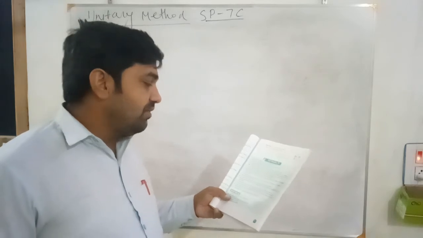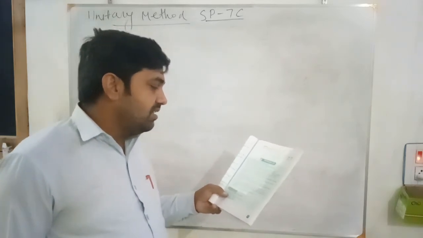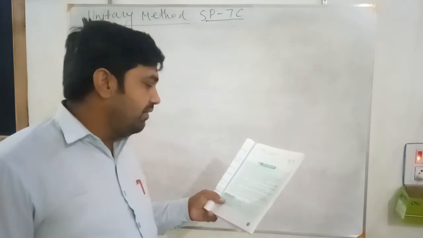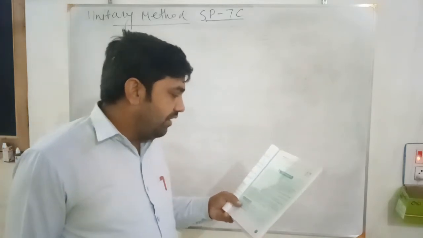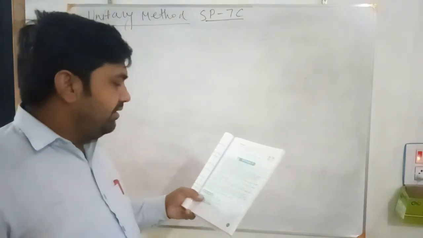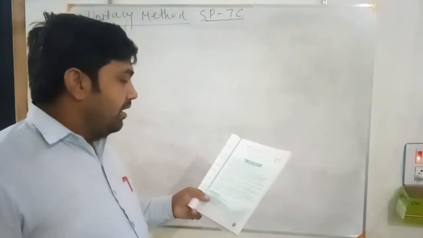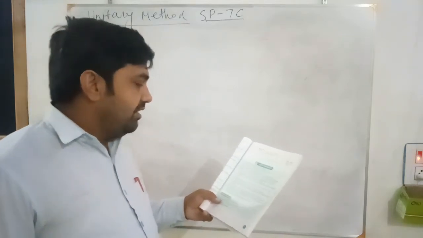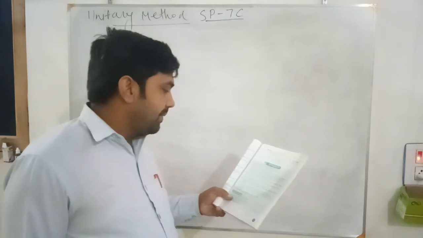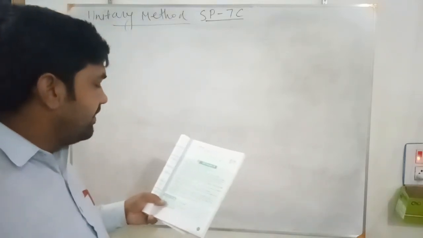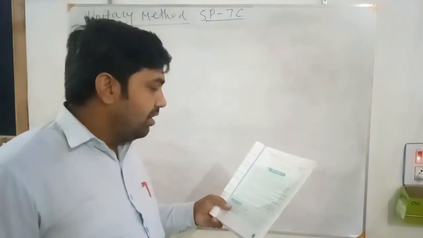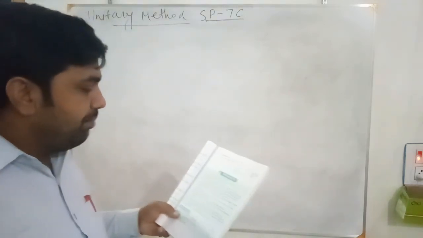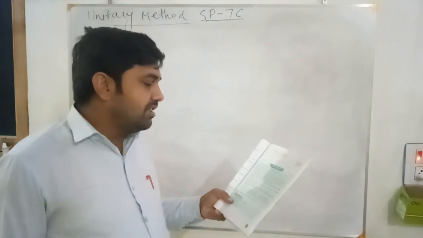So 48 men have ration for 16 days. How long will the food last if the reinforcement of 16 men arrives? It means if 16 more came, then how long will it go? That we have to find here. So here the ratio is inversely proportional. If the number of men increases, the ration will last fewer days. So here the number of persons increases from 48 to 64.